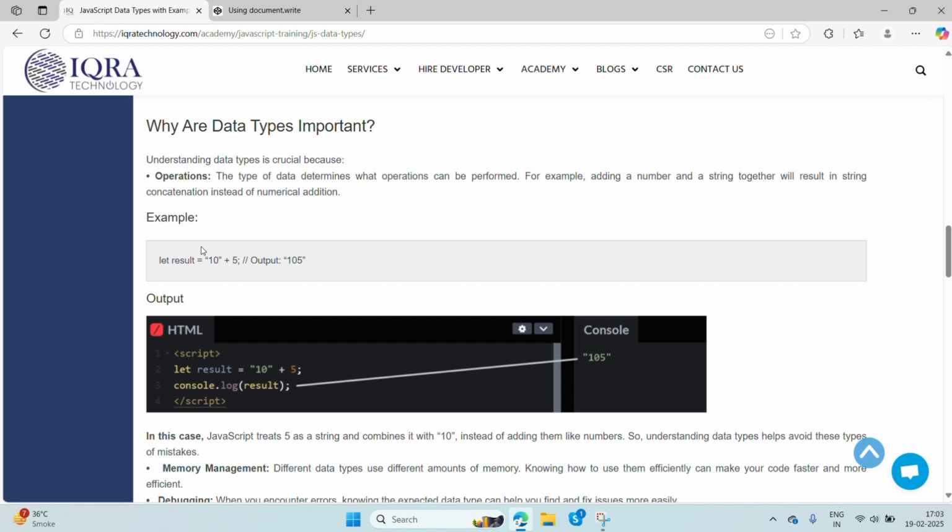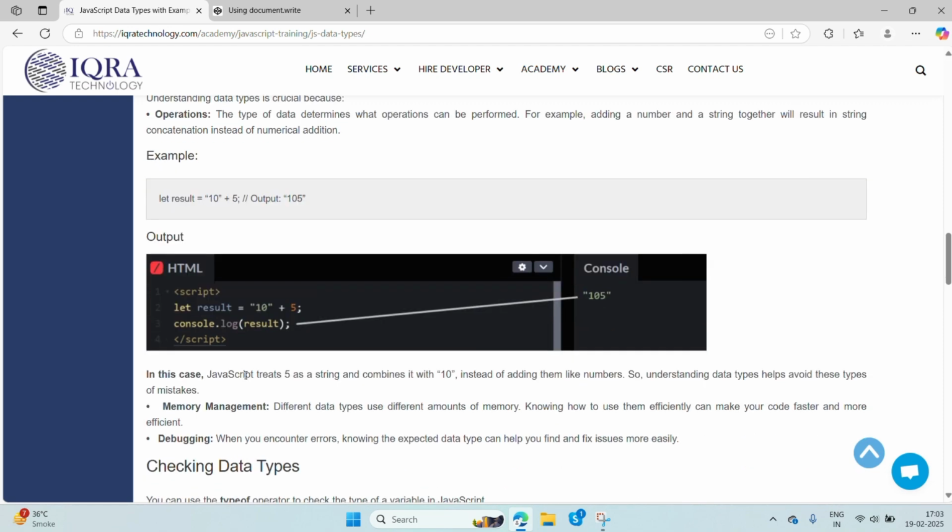In the example, you can see if we write let result is equal to "10" in a string plus 5, it will give an output of 105. Here you can see the output. It will return 1 0 5. In this case, JavaScript treats 5 as a string and combines it with 10 instead of adding them. So, understanding data types helps avoid these types of mistakes.